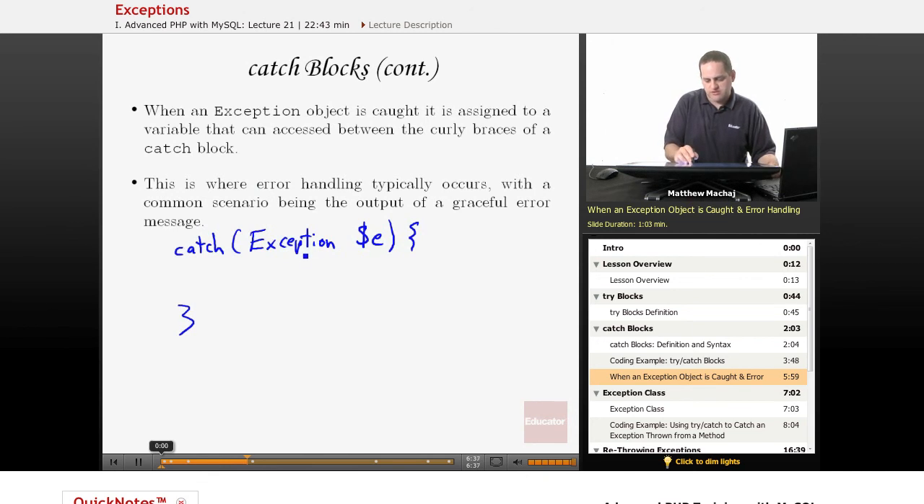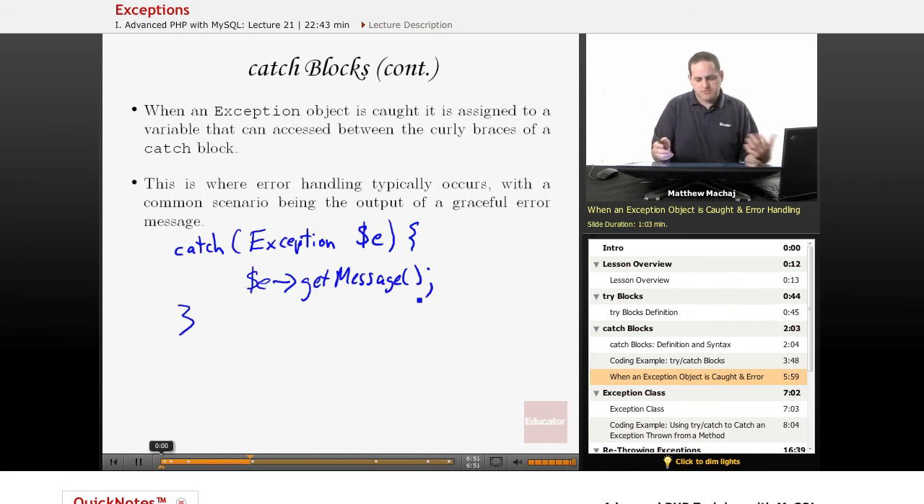So if we wanted to access the different properties and methods of this exception object, which we're going to talk about in a second, you would do it using this E variable. For example, E get message, which gets its error message. And so in these catch blocks, this is typically where your error handling occurs and allows you to sort of gracefully exit rather than just having some terse PHP error statement going